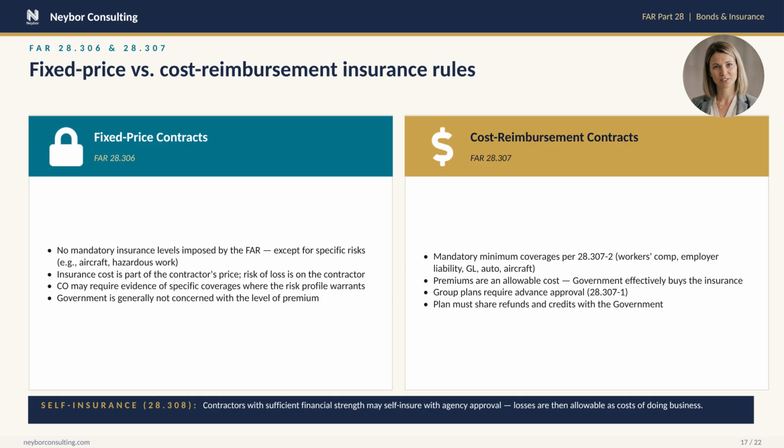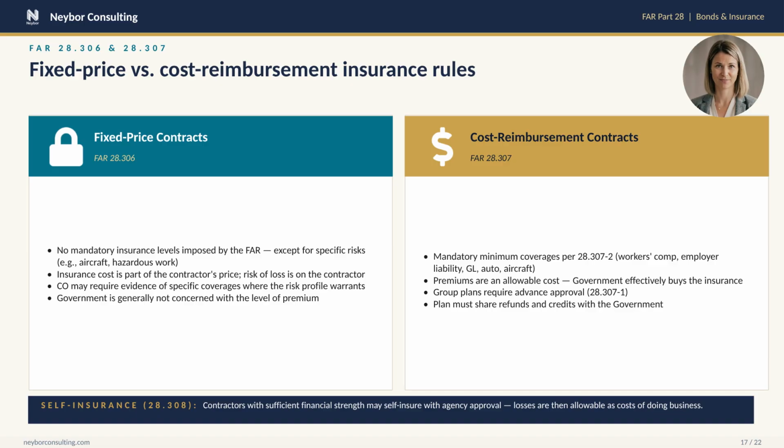Sections 28.306 and 28.307 set very different insurance rules depending on contract type. Understanding the distinction protects your margin and keeps you compliant. On the left, fixed price contracts under 28.306. The FAR generally does not impose insurance levels here. The reason: under fixed price, the contractor bears the risk of loss, and insurance cost is just one input to your price. The contracting officer may require evidence of specific coverages where the risk justifies. Aircraft work, hazardous materials handling, proximity to government property, but otherwise you choose your coverages and the government is largely